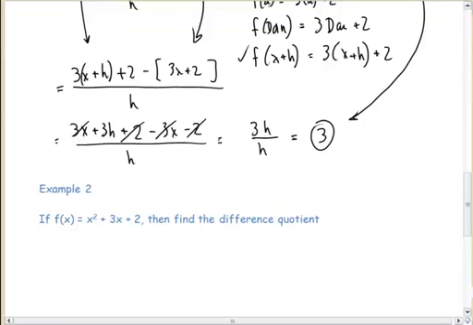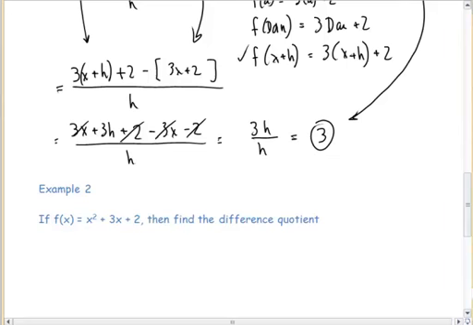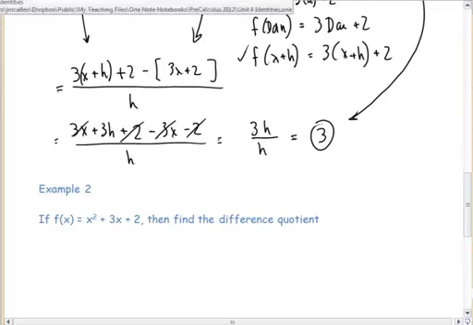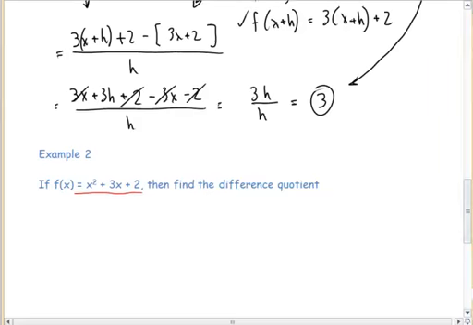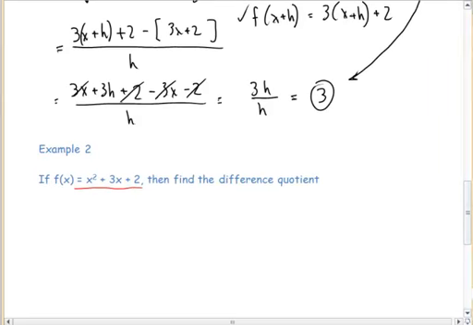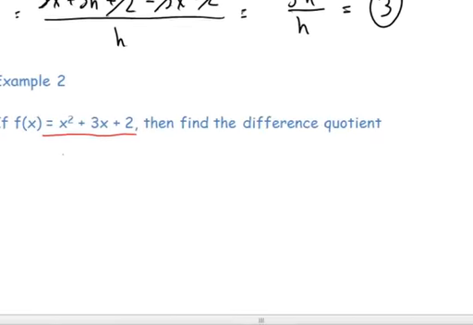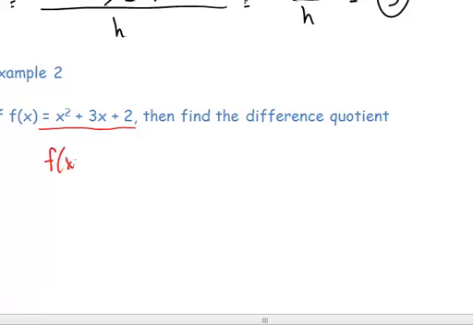McAllen, and I want to show you in this lesson we're going to work on a difference quotient for a quadratic function, and the quadratic function is x squared plus 3x plus 2. So let's just remember what our formula is for the difference quotient. That is f of x plus h minus f of x all over h, and over here on the side we're going to just write out what the function was,